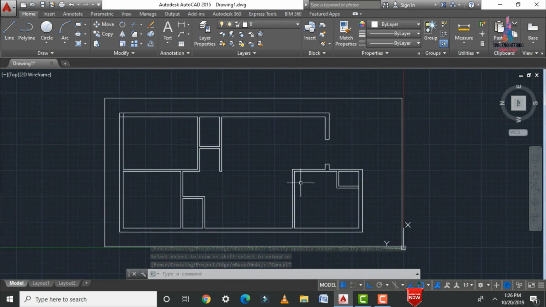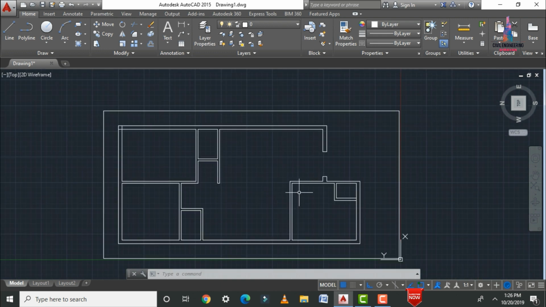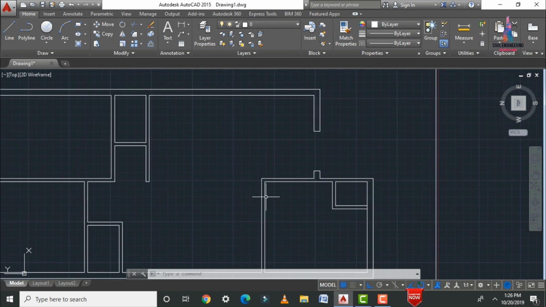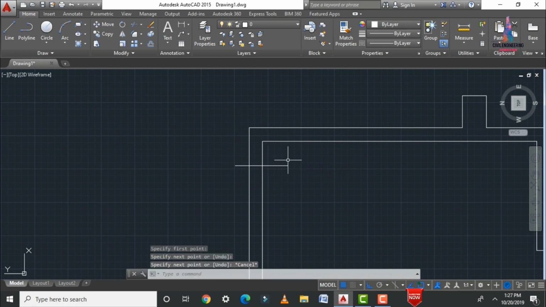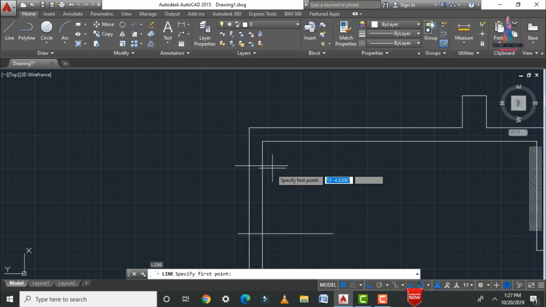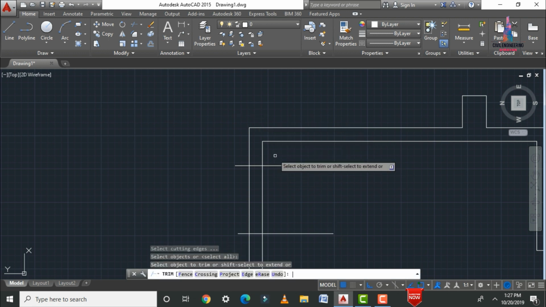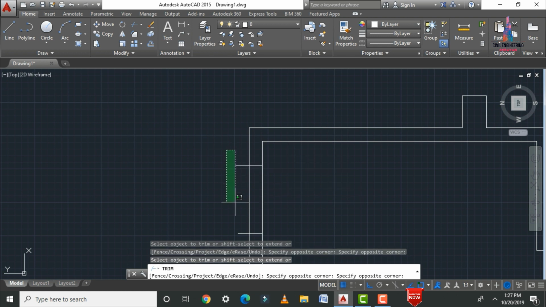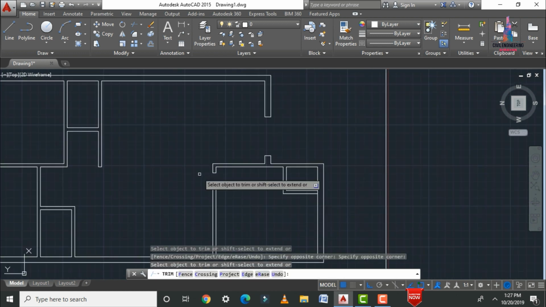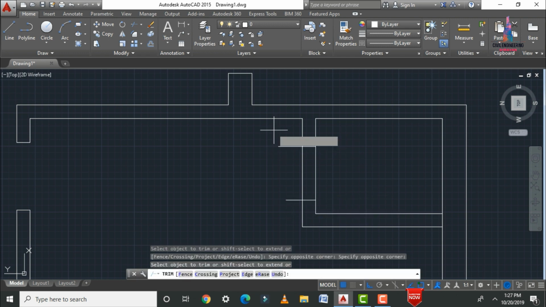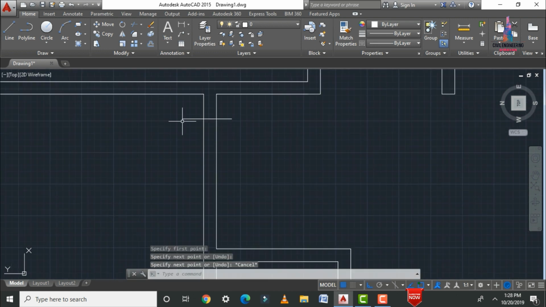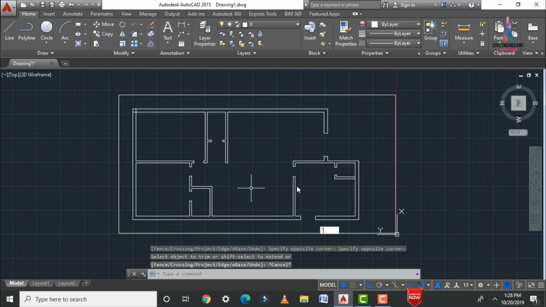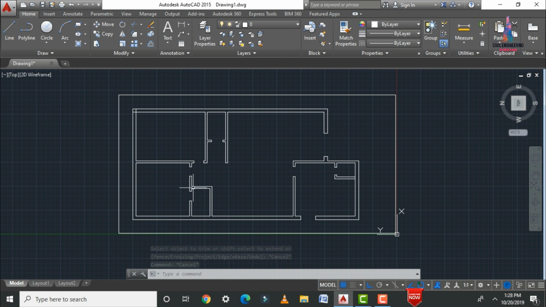So basically here, as per my assumption, I am considering random lines, but you need to consider the original lines. So I am taking random lines here for drawing the door sections. So here I am selecting L enter, taking some distance here, TR double enter. So here I am selecting the trimming option for this portion. So here I am applying the doors for the remaining section, as per my considerations for the building. So now we can see all the doors are applied for this building here like this.